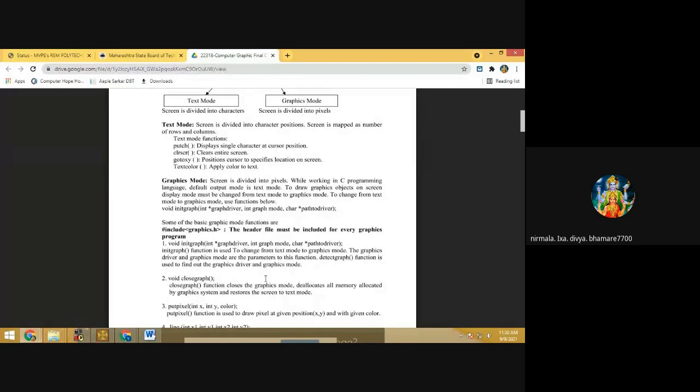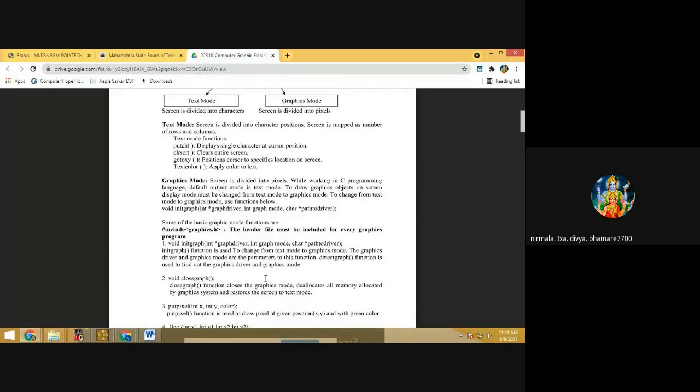The detectgraph function is used to find out the graphics driver and graphics mode. The graphics driver is written as gd and the graphics mode is written as gm. Then one more function is there, detectgraph. This function is used to find out the graphics driver and graphics mode.